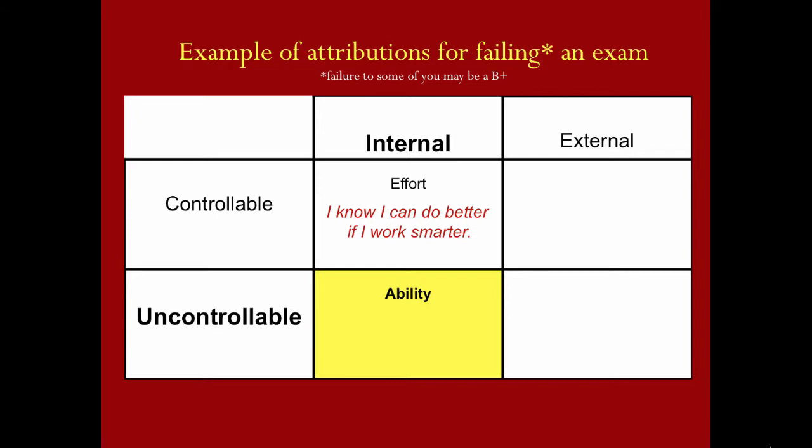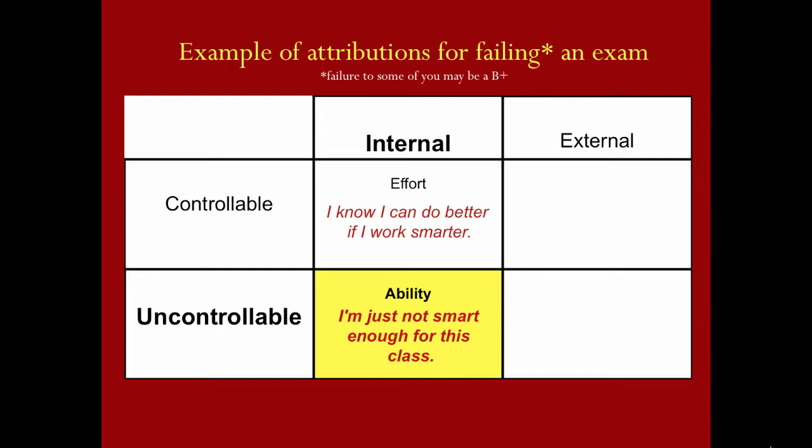A person who attributes their failure to an internal uncontrollable reason is not going to react by saying that they can work smarter or use different strategies or exert more effort. Their reaction is more likely to be something along the lines of, I'm just not smart enough for this class, or I just don't have the ability to do it. This student may feel that their effort is fruitless, that there's no way for them to expand or change their intelligence or ability, that it was something that they were born with, and although it's internal, it is completely uncontrollable to them.